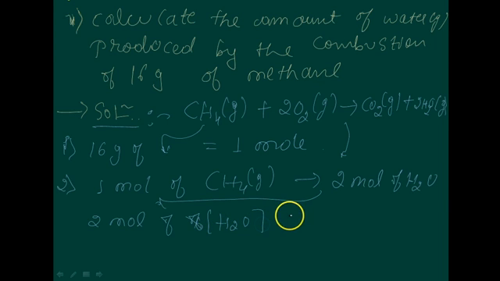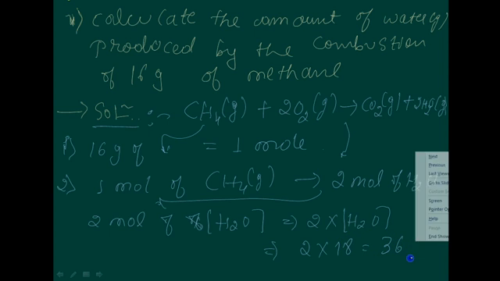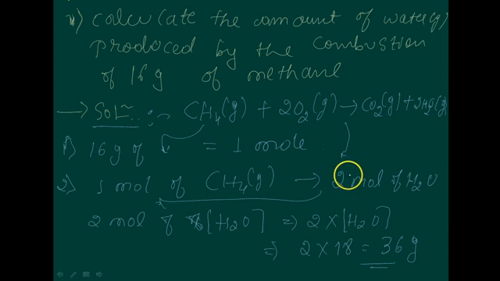Water is equal to 2 into H2O, meaning the molecular mass of water is 18 gram, which gives 36 gram. Correct. 1 mole of methane gives 2 moles of water, correct? So 2 mole of water is 36 gram. Next,